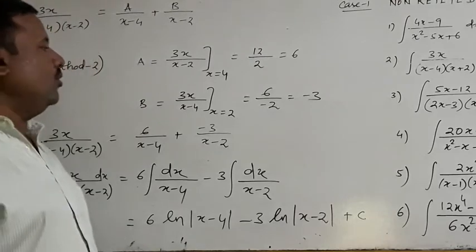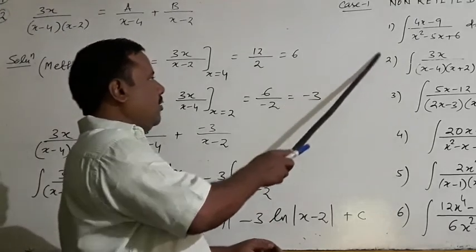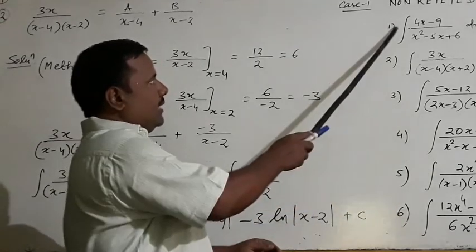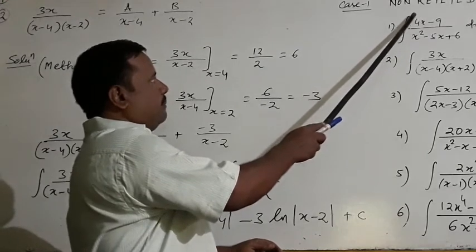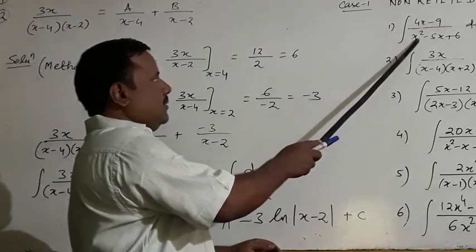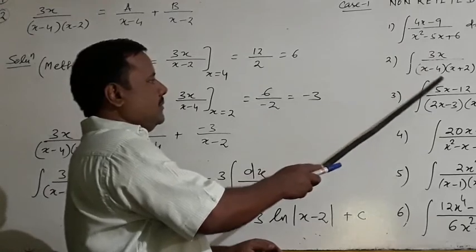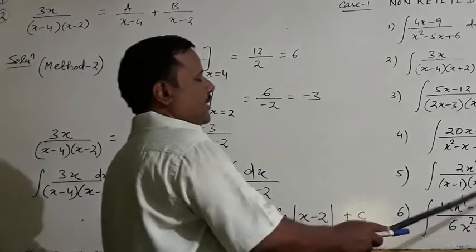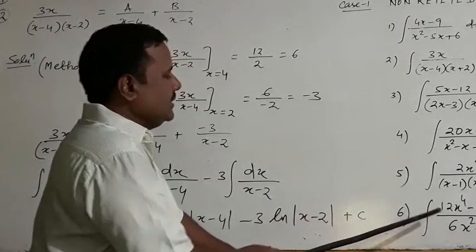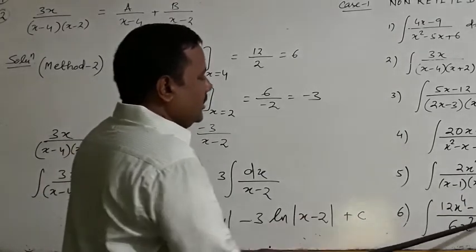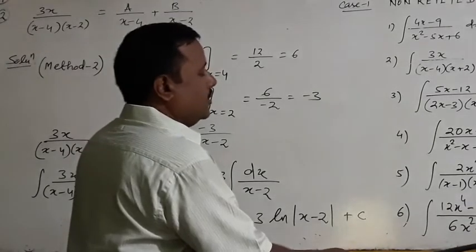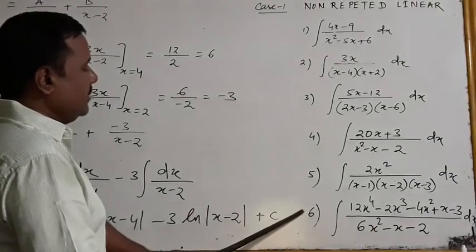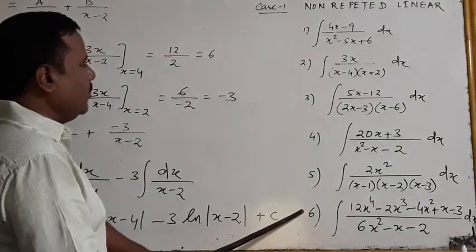Okay. Now look at what is the difference between all these problems and number 6. Look at here. In number 1, the power of the numerator is less than the denominator. Numerator power less than denominator. In every case the numerator power is 2 and the denominator power is 3. But in number 6 the power of the numerator is more than the power of the denominator. This is a star mark problem, and you will see what I am doing here.